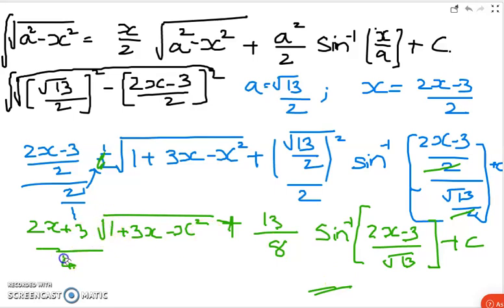Somewhat the formula is lengthy and the problem is long, but it's very important. It can even come as an essay or short question. Hoping that you have understood. Thank you.